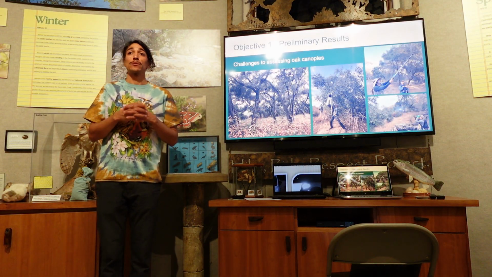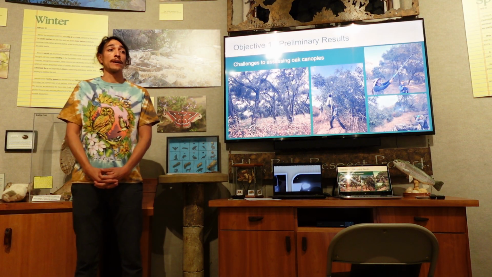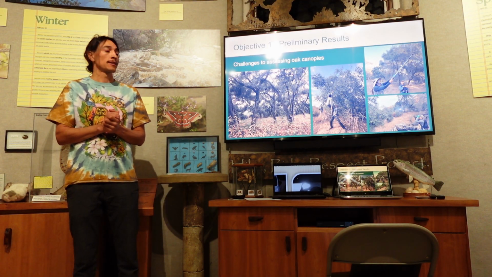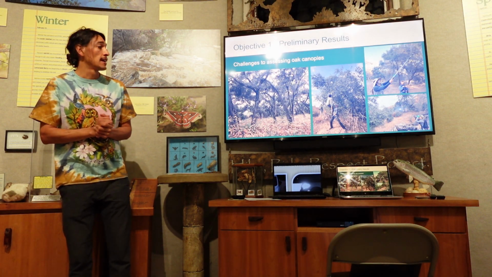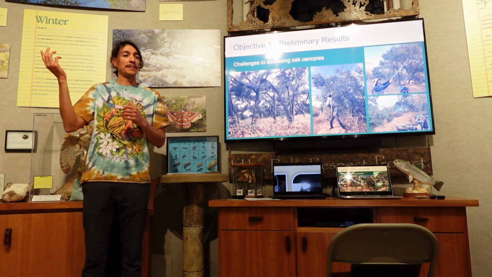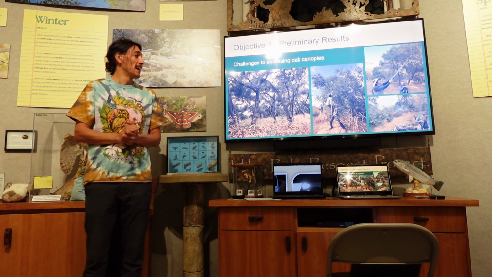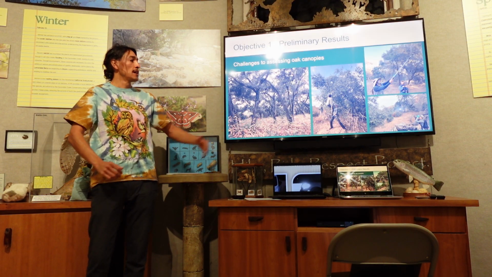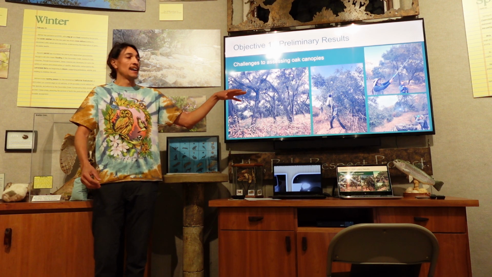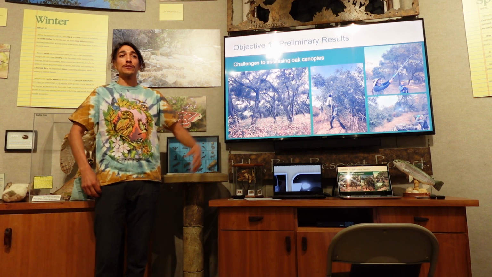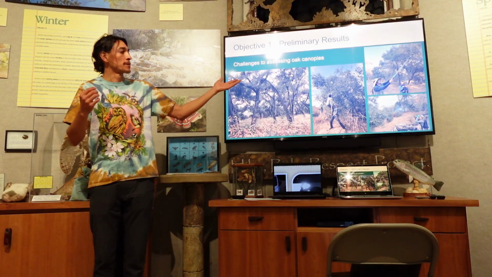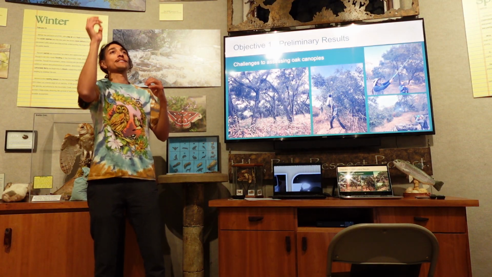So just getting into some of my preliminary results, as I mentioned earlier, I addressed the morphological assessment to determine the spatial distribution of those symptomatic trees, but it was not without its challenges. As I mentioned, assessing a tall oak canopy for a small black acorn is quite difficult, especially when they're surrounded by poison oak. But you can kind of see that we used a variety of creative methods to get a visual on these acorns. And it's really important not just to be able to see a black acorn, but to handle it. So we tried our best to grab it or throw a rock to get it down.